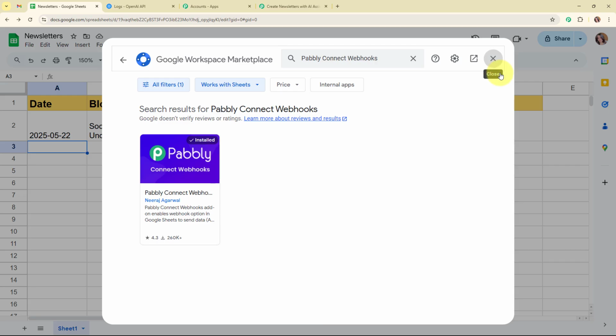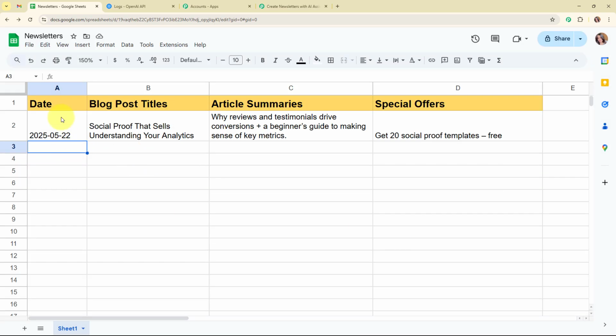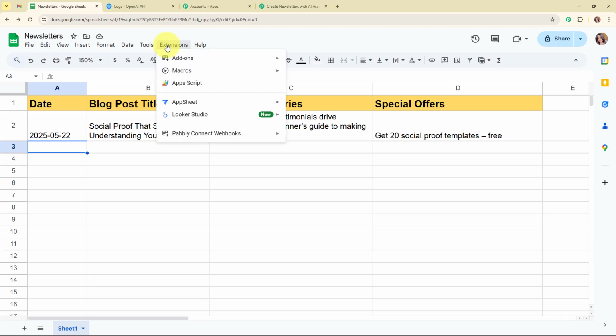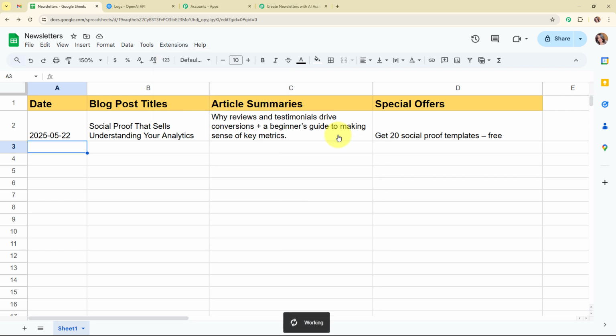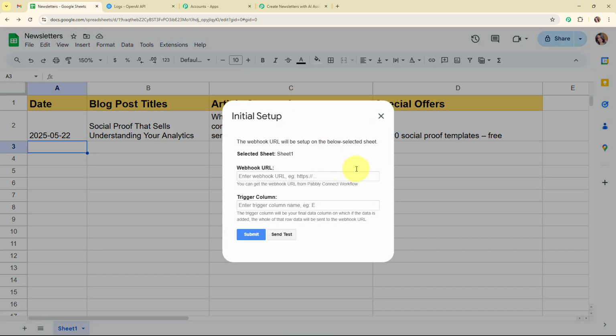Alright, so now moving back, and after installing this particular add-on, you need to refresh your Google Sheets, and that's a necessary step. Alright, so now here after refreshing the Google Sheets, you need to click on this extensions, and from here you'll be able to see the option of Pabbly Connect Webhooks. So from here you need to select initial setup. And here in the initial setup, you can see it is asking me to enter the webhook URL and the trigger column. So for the webhook URL, I'm going to enter the webhook URL that I've received in my Pabbly's